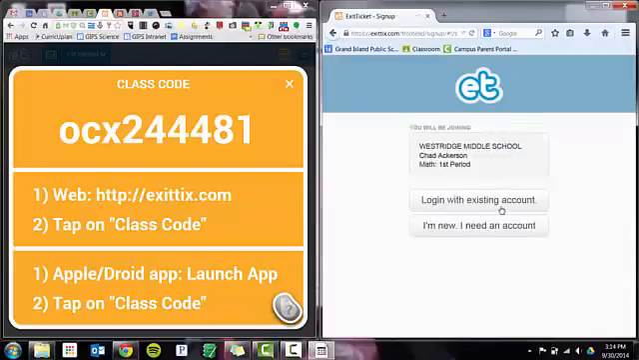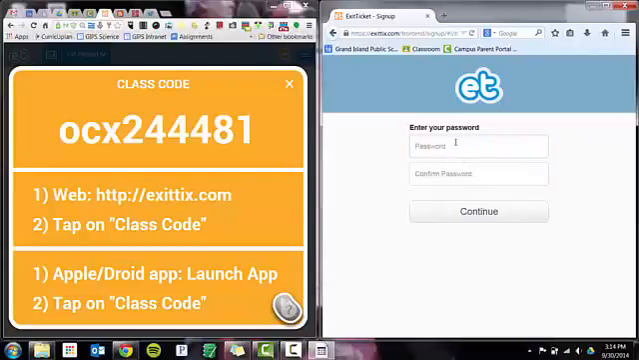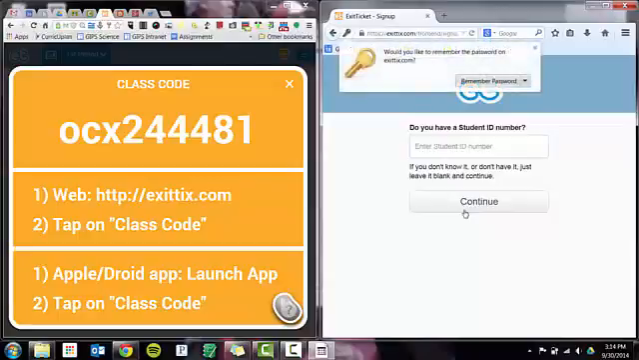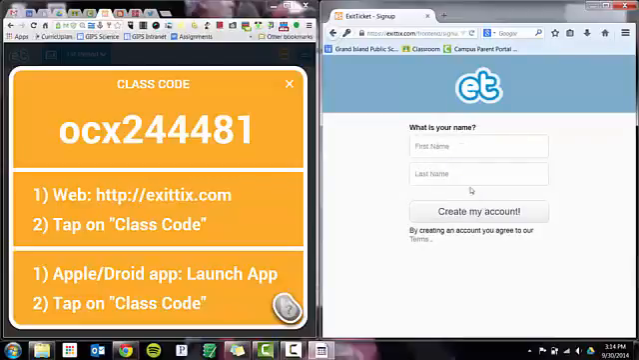Okay, so they can log in with an existing account, or they are new and they need an account. So let's go new. And they can enter a username, enter a password, they don't have to put their student ID number in there, so you can just skip that one, and then they can ask for the name. I would just do the first letter of the last name. Okay, first 2 letters of the last name,